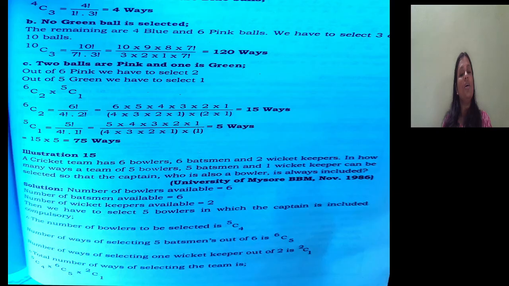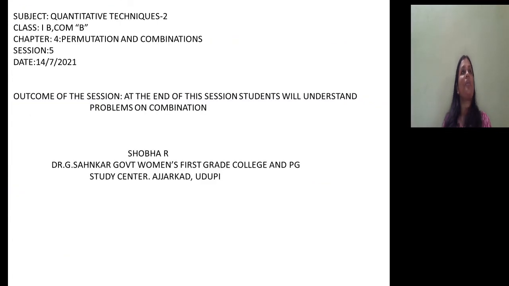See students, so far we discussed two important aspects. One is permutation, the other one is combination. In permutation, we arrange the items. In combination, we select the items. So when we look at the practical aspects, it is very clear that we can identify the difference between a permutation problem and a combination problem. That's a very important thing to be noted. If we are in a position to identify the difference, we can easily arrive at the answer.